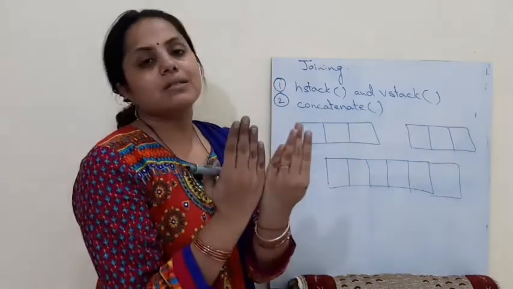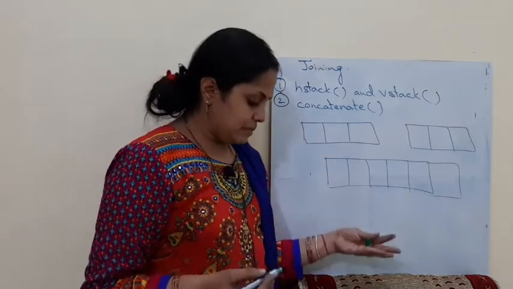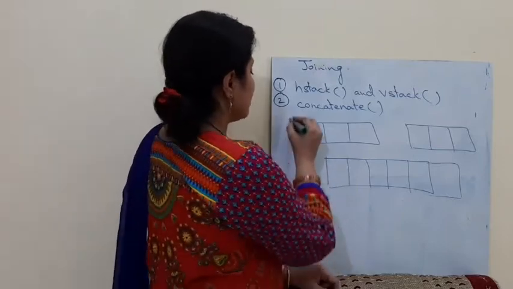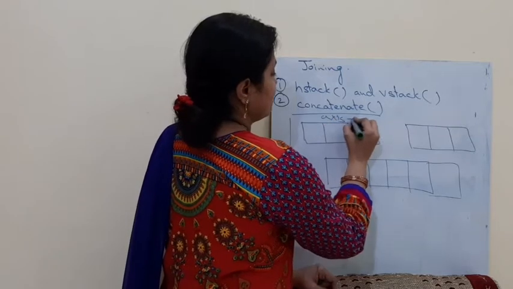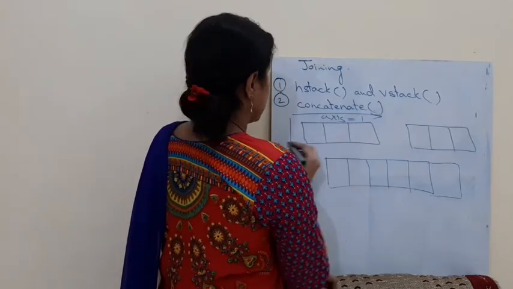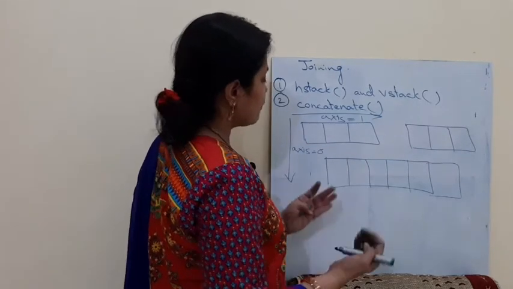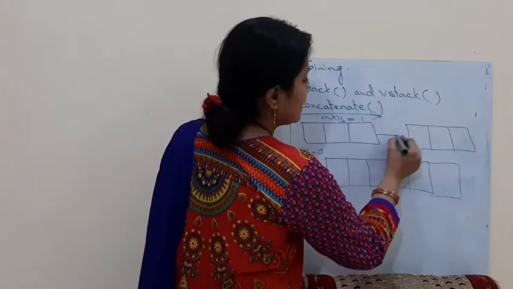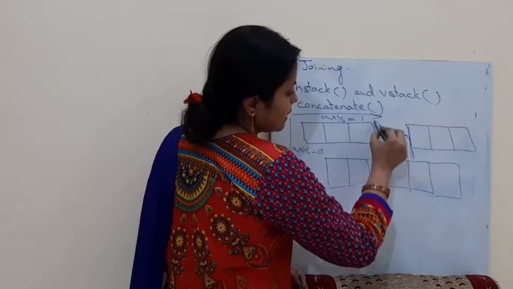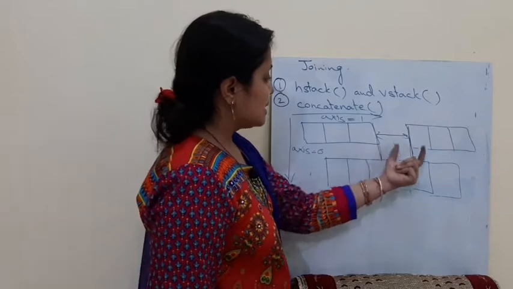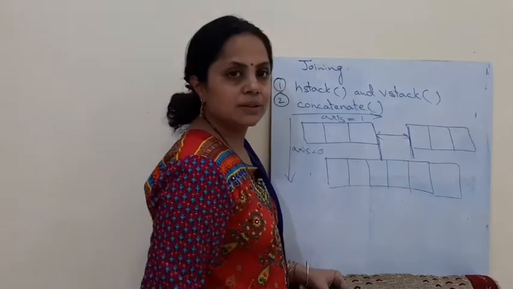This is horizontal stacking. When horizontal stacking is to be done, we need to match the elements on the vertical axis. As we know, this is the horizontal axis, axis 1, and this is the vertical axis, axis 0. If I need to combine two objects this way, what is important is that the columns they have should be the same. The vertical axis should be matched.